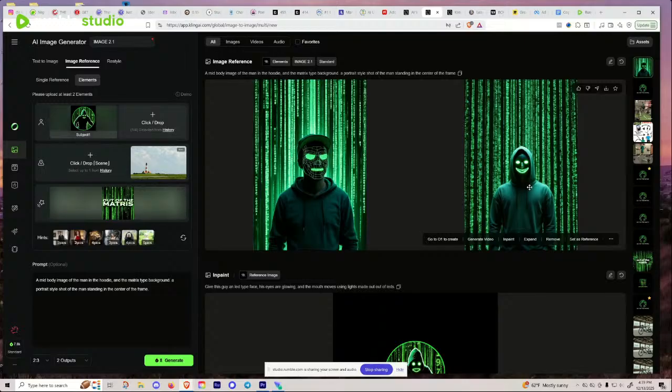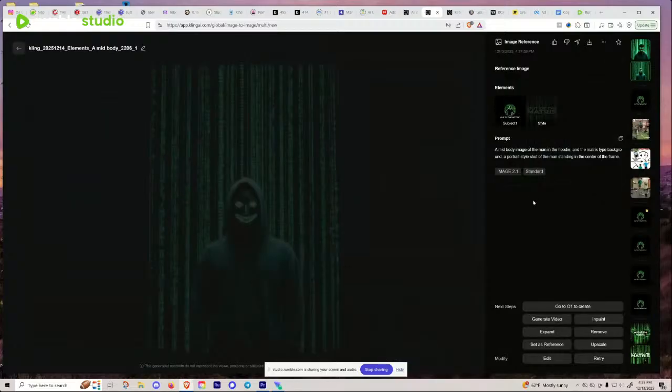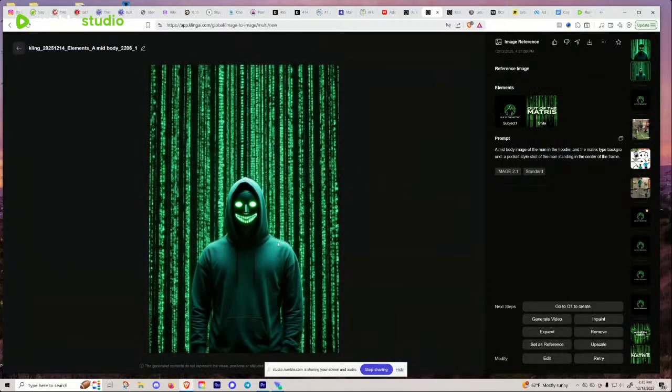I could use this as a reference and then just try to iterate this guy to make him look a little bit different the way that we want, or I can inpaint and just do something different with the face. Whoops. So that might be an option. And then also we can make this guy an avatar, and let's just try that.